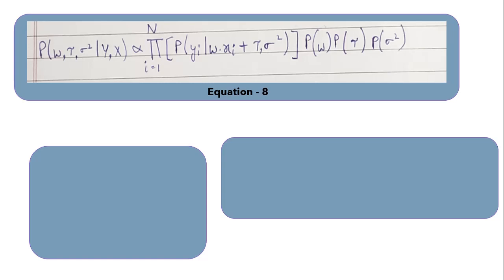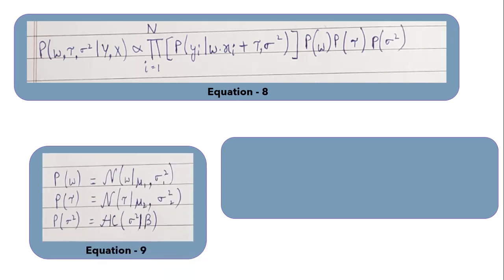So guys, if we can determine the posterior distributions of hidden variables, then we can determine the values for those parameters with a certain confidence. But for that, first we have to define the prior probability distribution for those unknown parameters. So if you can see the equation 9, we have chosen the shape of the probability distribution for w and tau to be normally distributed, and we have given standard deviation the half Cauchy distribution. So now one could say that this is our prior belief regarding those parameters.